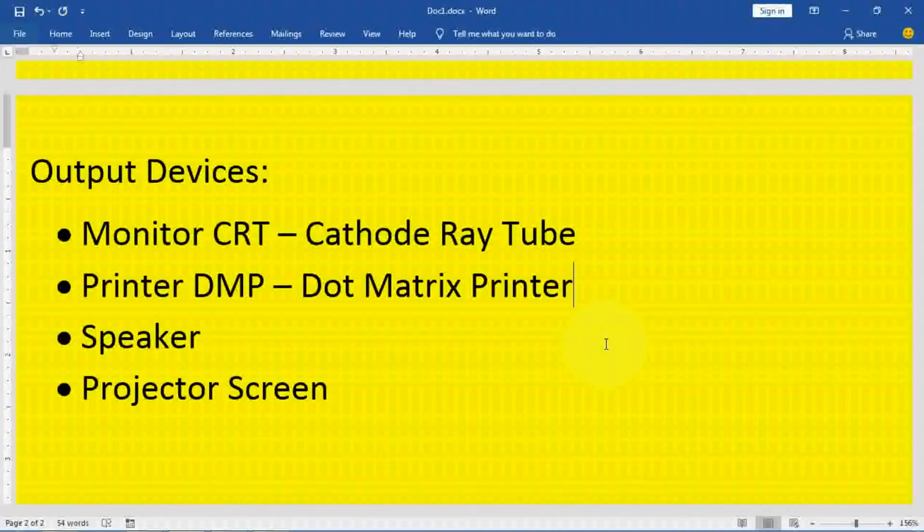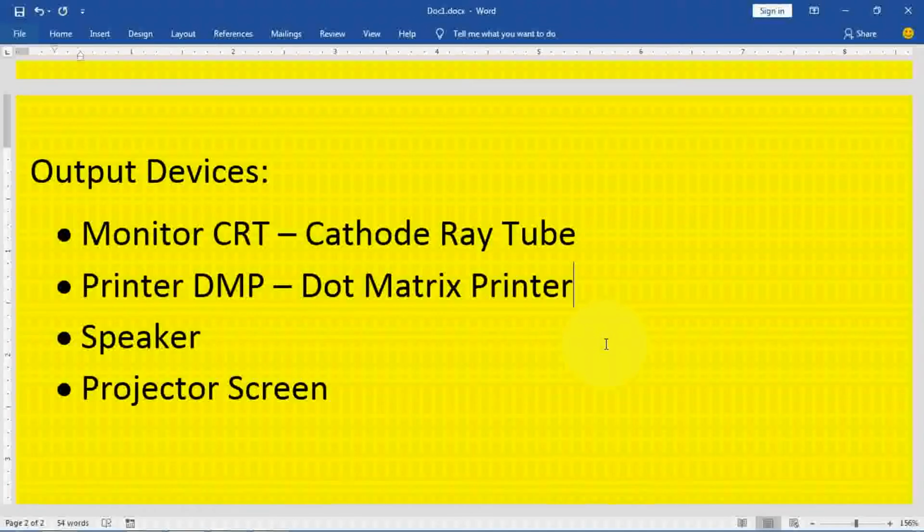LaserJet printer. So the third type is the LaserJet printer. It is very famous and a little bit expensive compared to a dot matrix printer and an inkjet printer. But the quality is very good and it has good speed compared to an inkjet printer and a dot matrix printer. So laser printers are widely used in offices, and at home also you can use a laser printer. Then one 3D printer is coming, which prints 3D objects, meaning whatever data is available you can take out in 3D form. That is called a 3D printer. Mostly civil engineers and those who work with software like Pro E, AutoCAD can use this 3D printer to take the data in 3D form.